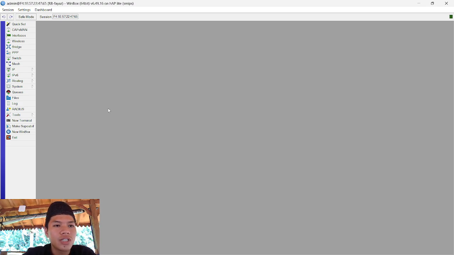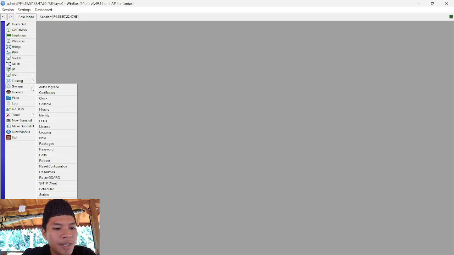If your router is broken and the IP address or users cannot be found, we must click the menu System, and in the System menu there is a feature that we want to use in this tutorial about reset configuration.